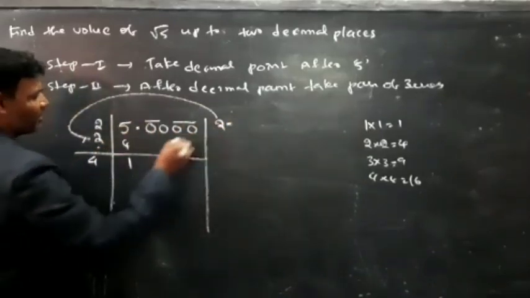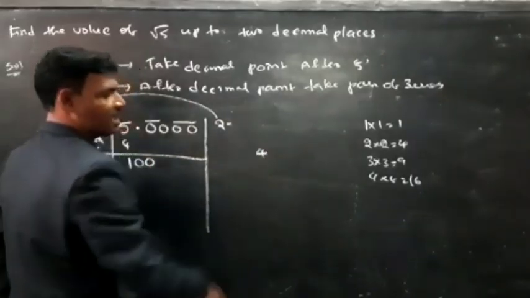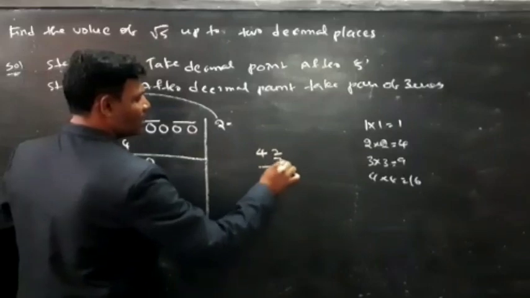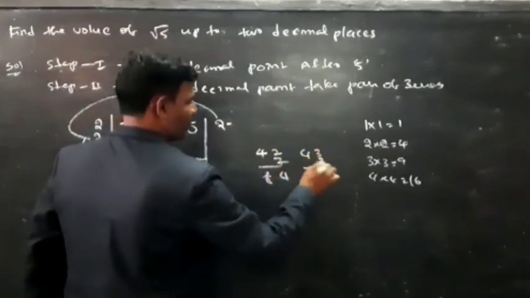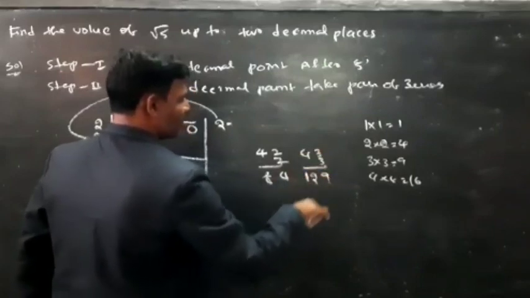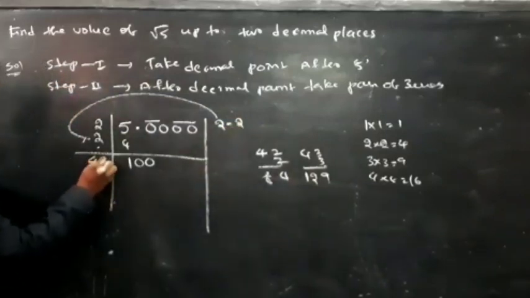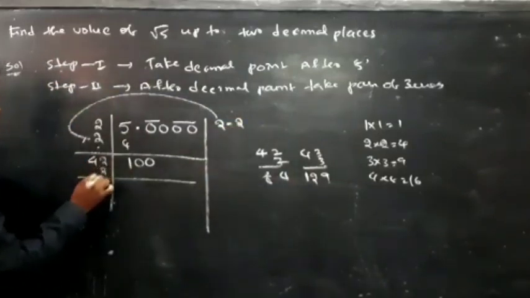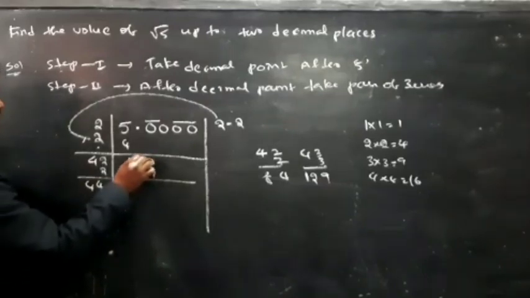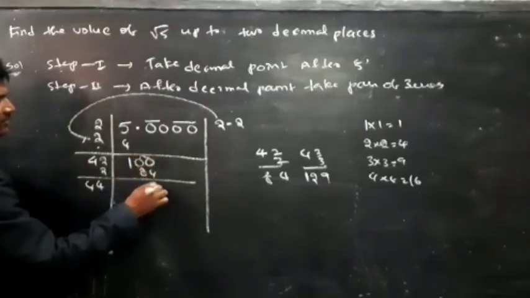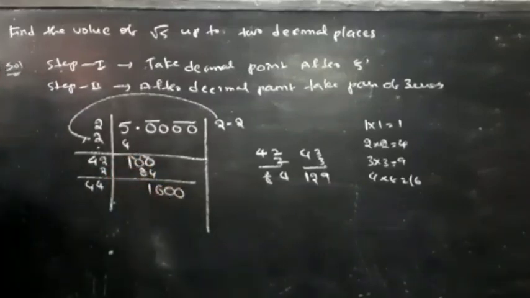So take a decimal point here and take 1 pair of zeros. Now 4 I am taking beside. 2 twos are 4, 2 fours are 8. Check with 3. 3 threes are 9, 3 fours are 12. More than 200. So better to take 2. 2 here and on the downside. 2 plus 2, 4, and 44. What is the answer here? 84. 10 minus 4, 6. 9 minus 8, 1. So take another 2 pairs of zeros. What is the remaining here?